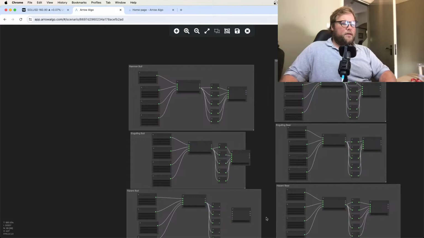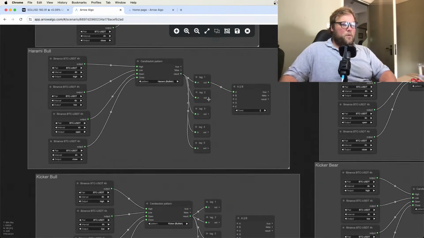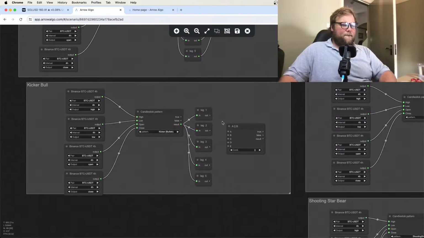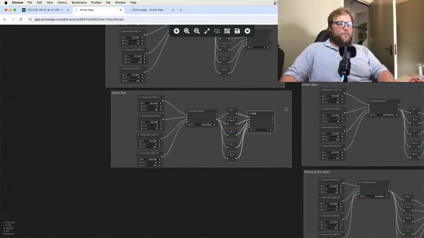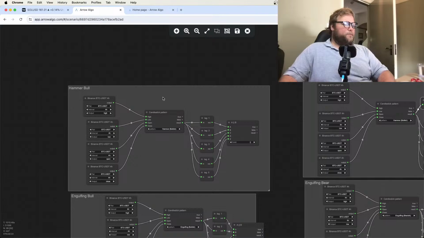Okay, that's all our bears. 2 more sets of buys. Okay, so of any of the last 5 candles,